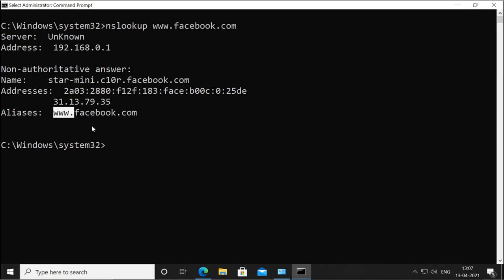So www.facebook.com is the CNAME, the www is the CNAME and the real name for the machine is this. And this is the domain name. So we can use this nslookup to resolve the names of any name.